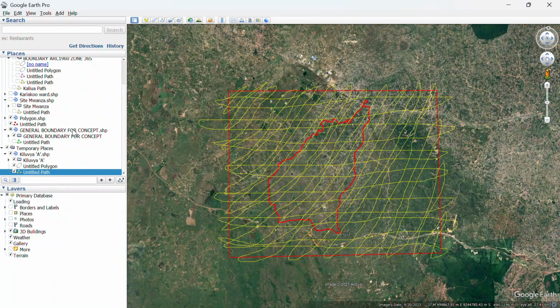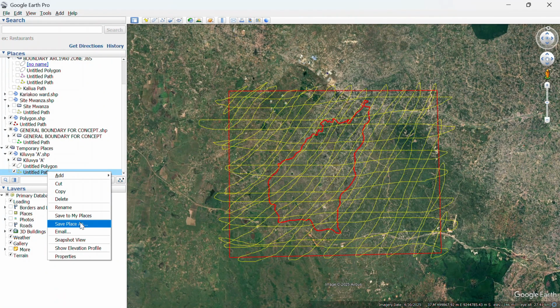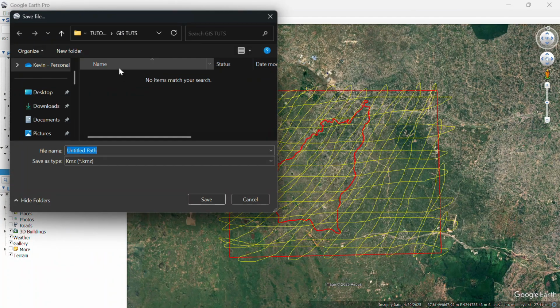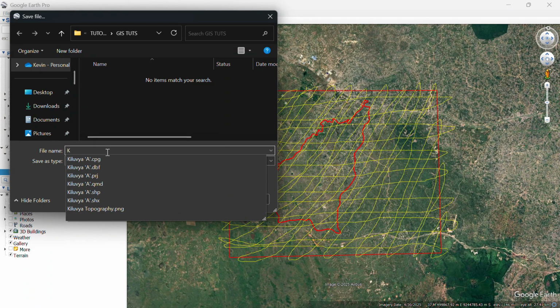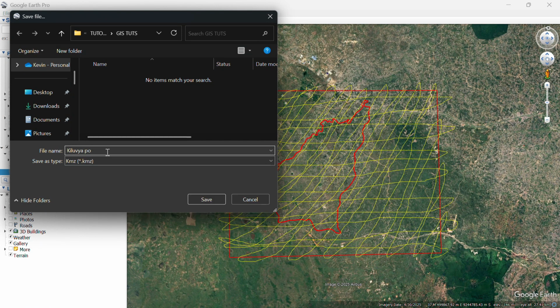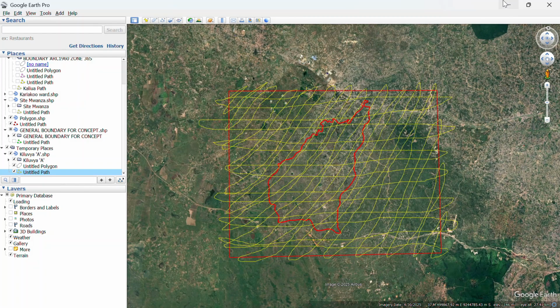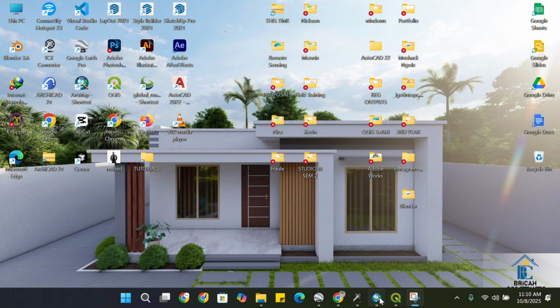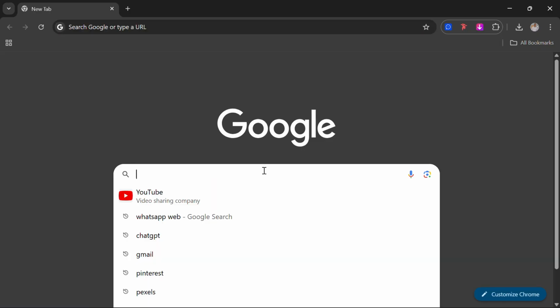So the following step is you will have to go on your paths and right click on it and go to save place as. I'm going to save it as... make sure the format is on KMZ. Just click save. Once saved, you have to go on Google and search for